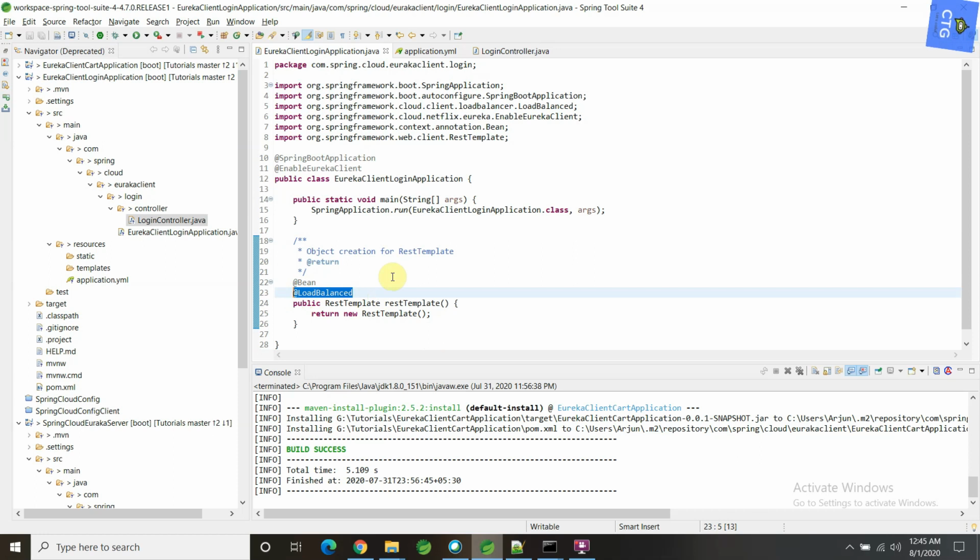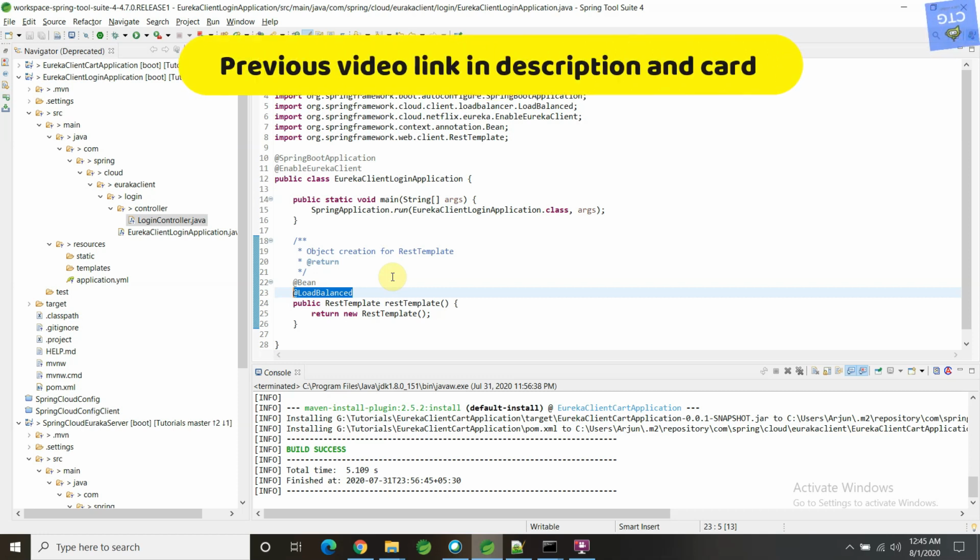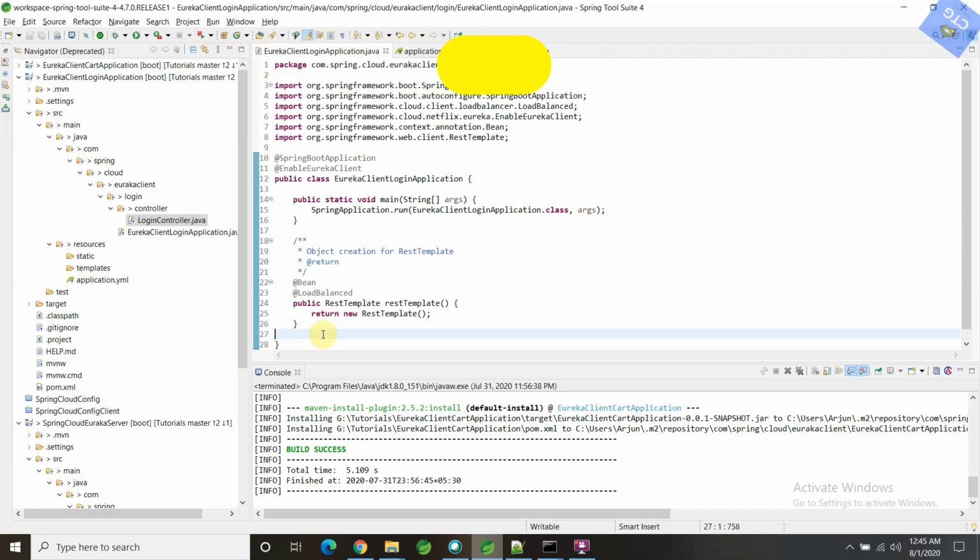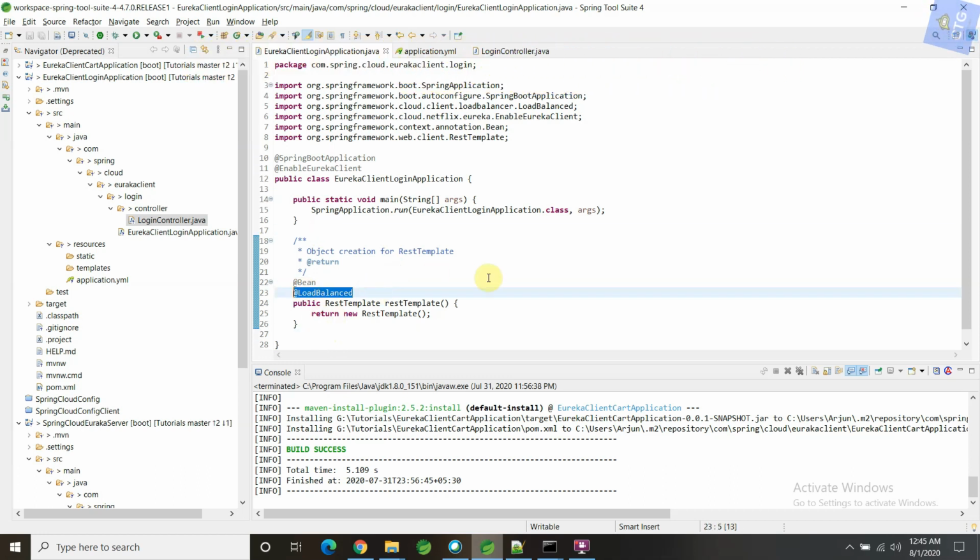In the previous video, we discussed that we have to implement the @LoadBalanced annotation, or Spring Eureka Ribbon for the load balancing concept. Here you have to notice one thing: this particular load balanced annotation itself internally refers to Eureka Ribbon. Basically, if you annotate this with @LoadBalanced, it will internally communicate with the Eureka server to get the respective instances, and then make the HTTP request to the other system. Let me show that in the log so that you will understand better.